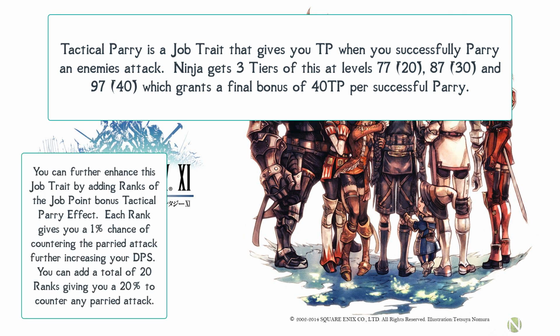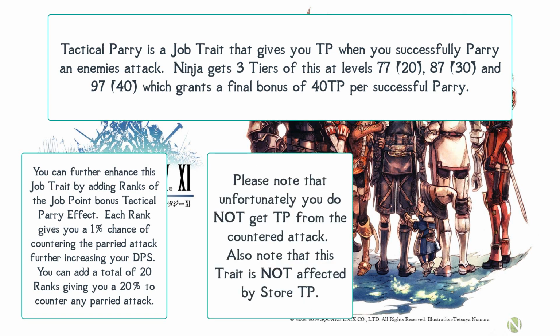You can further enhance this job trait by adding ranks of the job point bonus Tactical Parry effect. Each rank gives you a 1% chance of countering the parried attack, further increasing your DPS. You can also add a total of 20 ranks, giving you a 20% chance to counter any parried attack. Please note that unfortunately you do not get any TP from the countered attack, and this trait is not affected